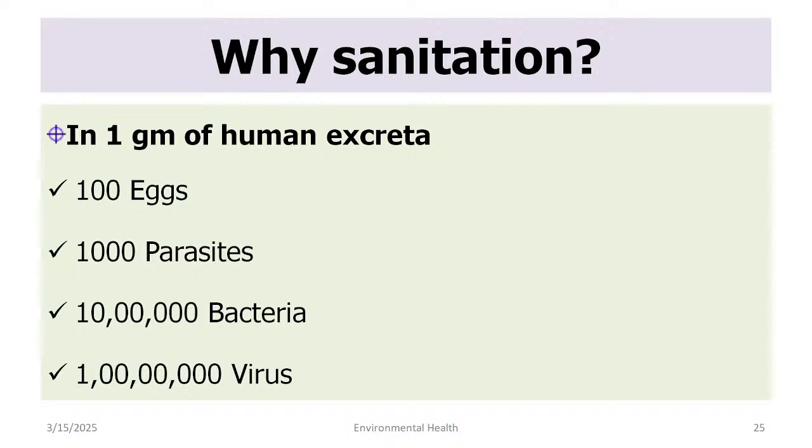A small example: 1 gram of human excreta has these many things. That's a lot, right? We need just a few for certain diseases. So hookworm eggs, or which parasite? Enterobius or some other parasites. A lot of bacteria, E. coli, Staphylococcus, full of viruses, reovirus or cytomegalovirus, or you have rhinoviruses also, they can also be present. People spit, they will be present there.